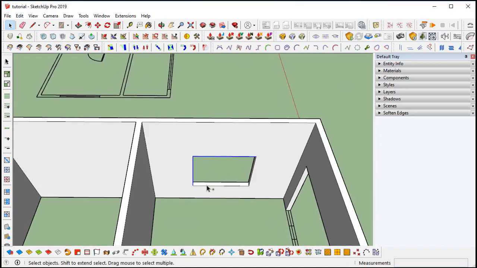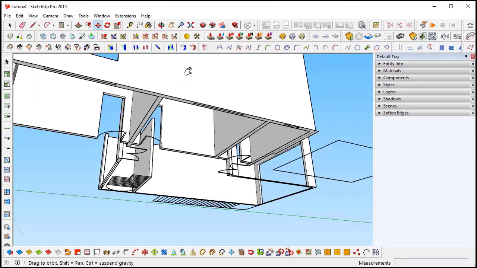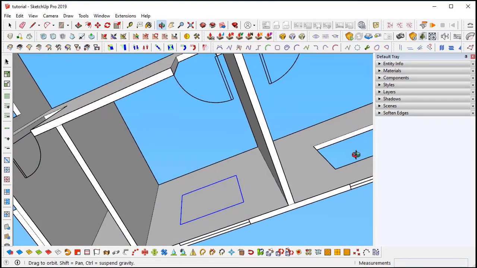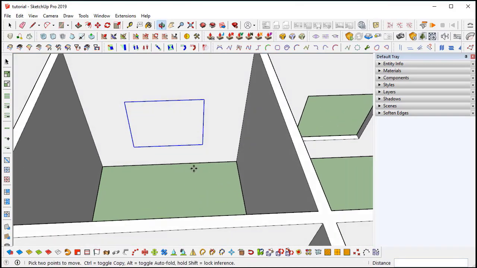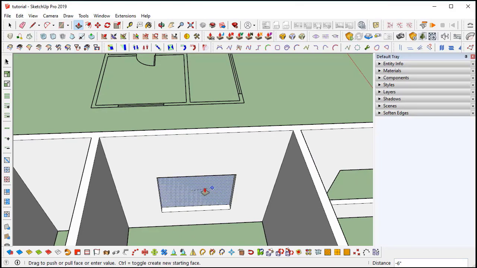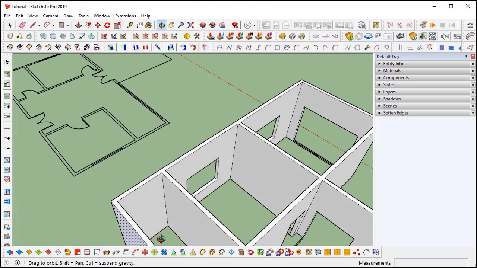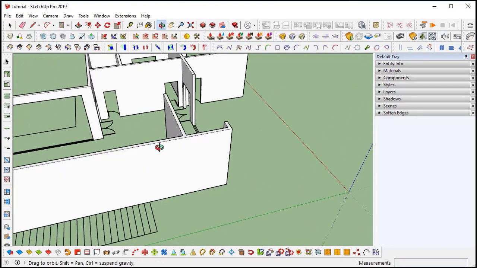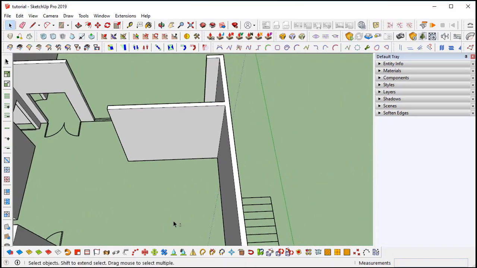I will copy these outside edges and paste them here. For copy, use the M command, and by moving it while holding Control, you can copy those. Just copied that one and just checking. Yeah, it's okay. And push pull. Make the window hole. Everything's fine, I guess. Similarly, opposite here, we also get one window.